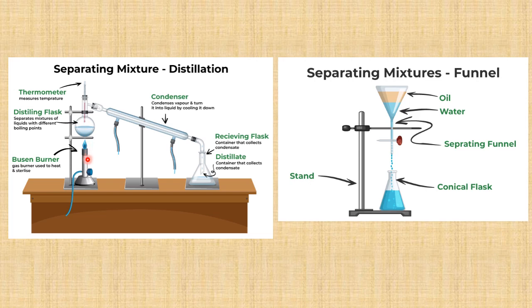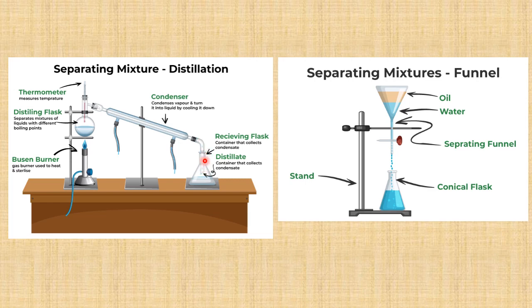So this is the setup right here. We have the Bunsen burner, we have the liquids with different boiling points. Over time, the one that is more volatile of the two will vaporize out, passing through the condenser. The condenser will condense the liquid, it will turn the vapor into liquid by cooling it down, and we